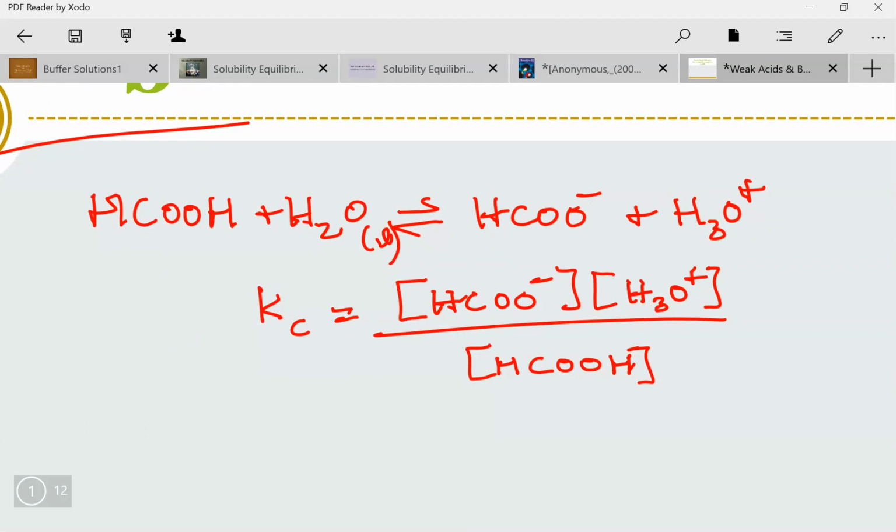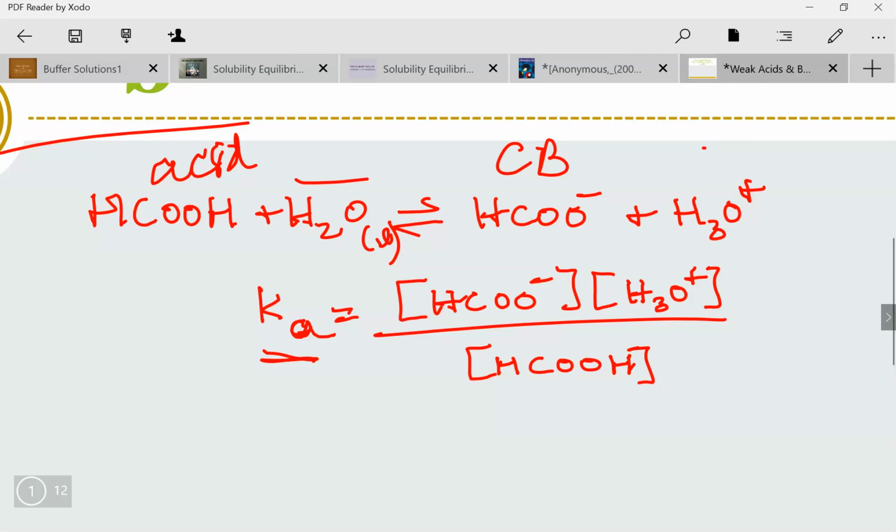We are not going to call this Kc. Instead, we're going to call it Ka, which is the exact same as a Kc expression, except I'm writing it for dissociation of an acid. So whenever you see a Ka, you know that an acid is dissociating in water to give its conjugate base plus some H3O plus ions, right? That's what Ka means. It's the same thing as Kc, and it also signifies the same thing. It signifies the extent of the reaction. So Ka